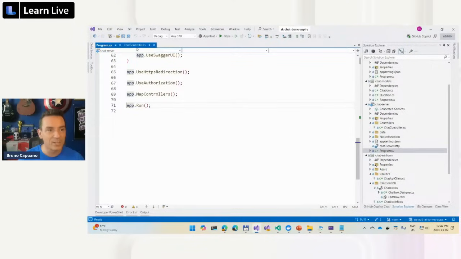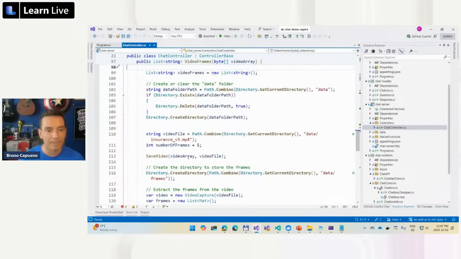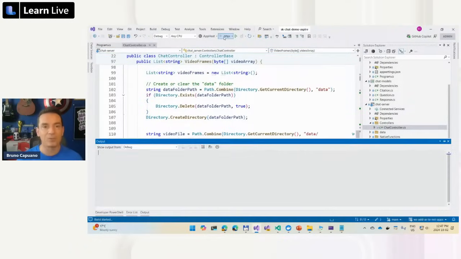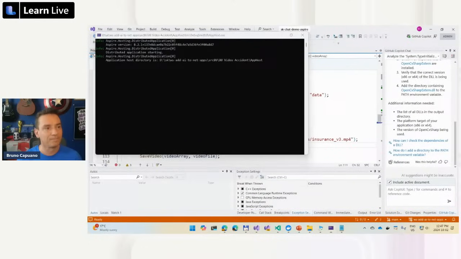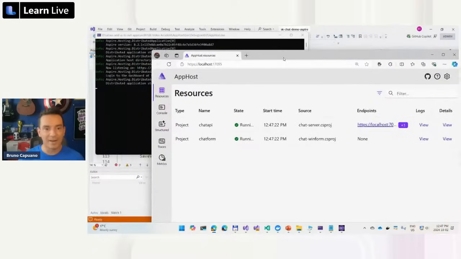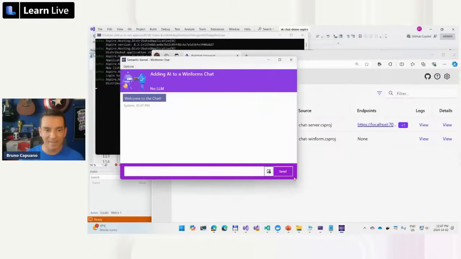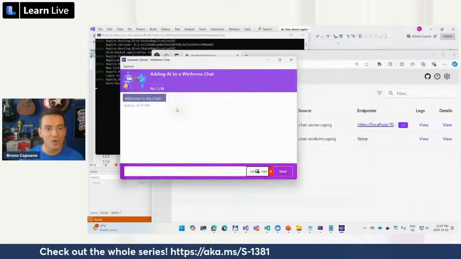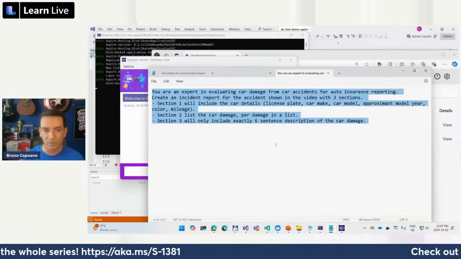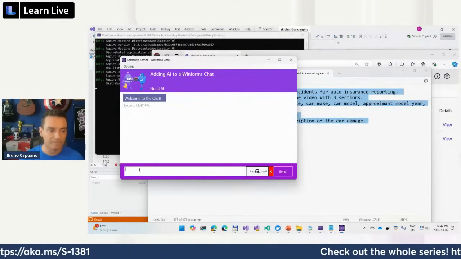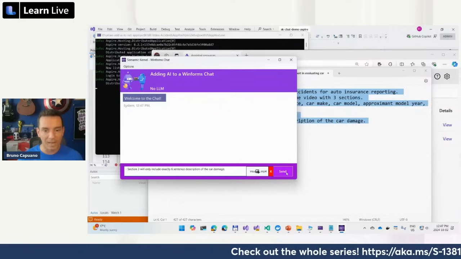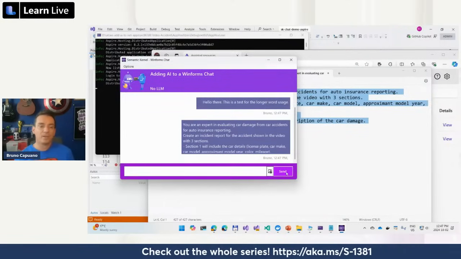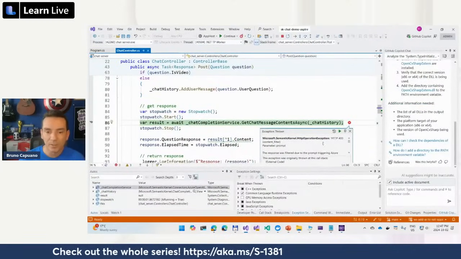So let's change the frames to work with, I don't know, with 10. It's probably going to give me a timeout, but hey, let's give it a try to see if 10 works. So I have here my app host, I have my application. Let's attach the video again, and let's copy the prompt that we curated, and it's here. We have everything, and let's wait. What I found doing this,